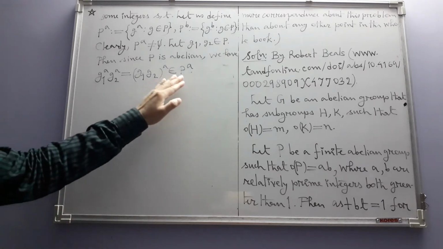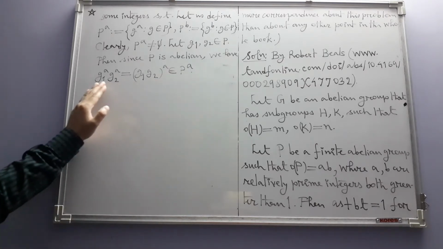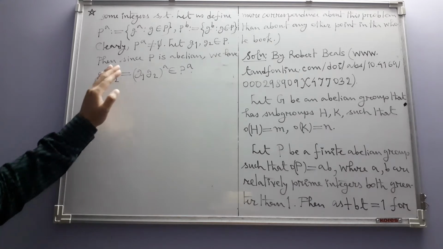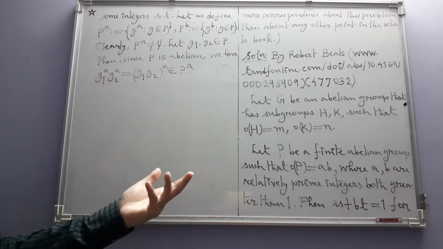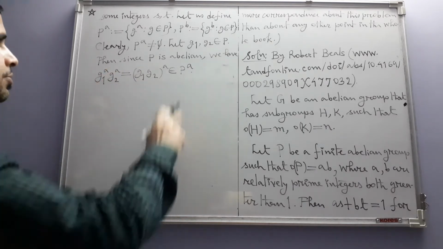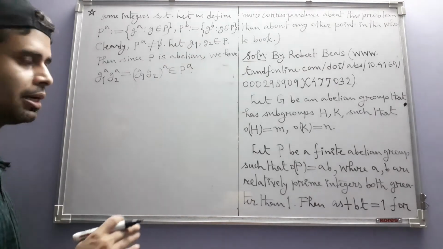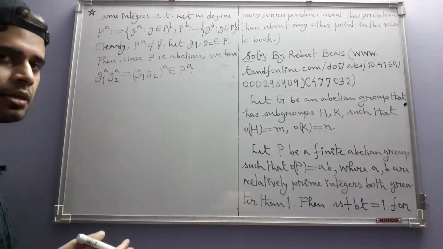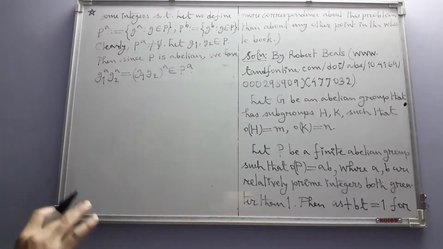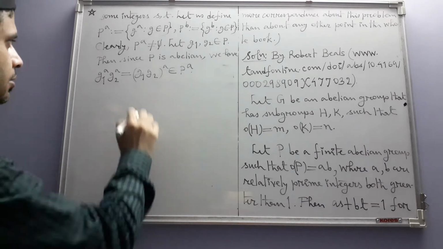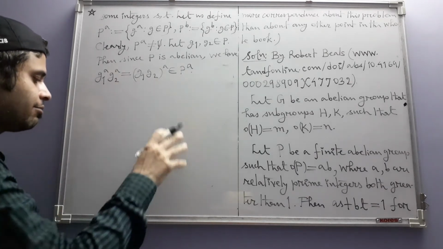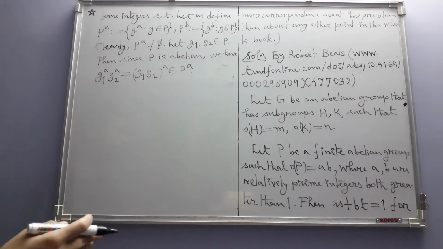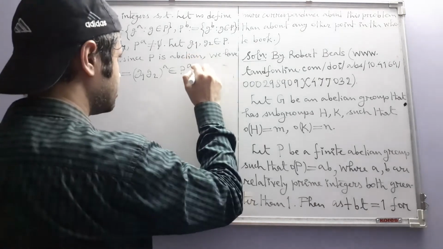Why do we not have to also verify that, say for example, the inverse of G1^A is also in PA? That is because P is a finite group, and as such PA is a finite subset. So from a previous result, if we have a finite set, then it only needs to be non-empty and closed for it to be a subgroup. So that's why we write, since